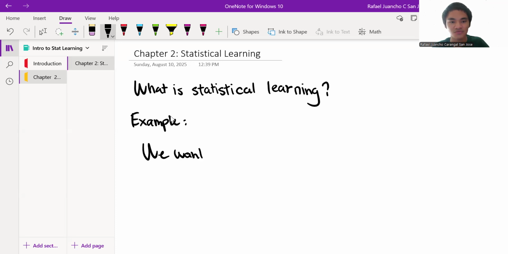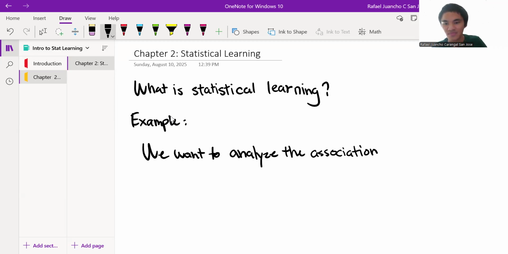So we want to explore, identify, analyze, learn. We want to analyze the association. When we say association, what does that mean? What's the relationship, right? So let's just say relationship. What's the relationship